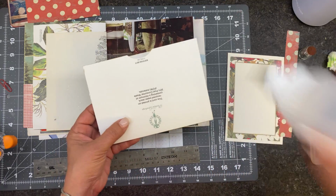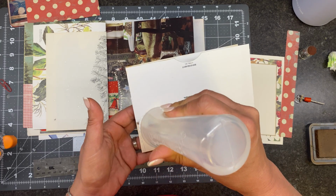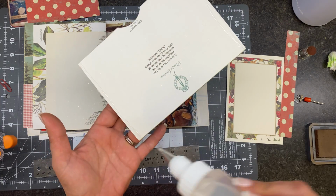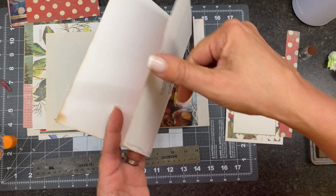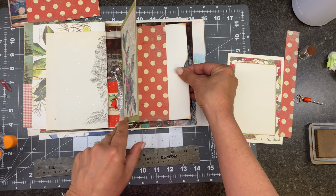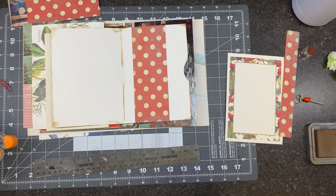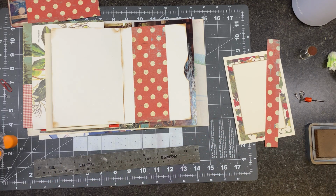Oh my gosh, my glue is already almost out. I need to go into my adhesive drawer and see how much I have. I thought for some reason I thought that I ordered more glitter glue. And I need to go back and look because it has not arrived, if I did. And I need to get it before too long. Because when you order it,